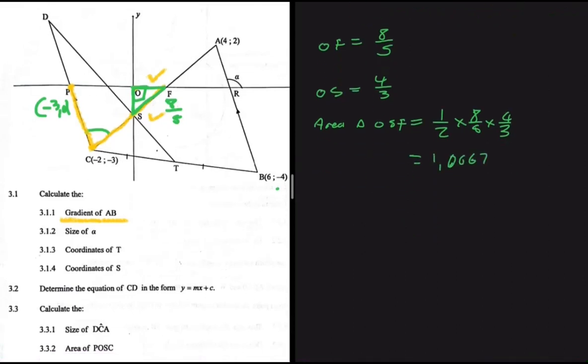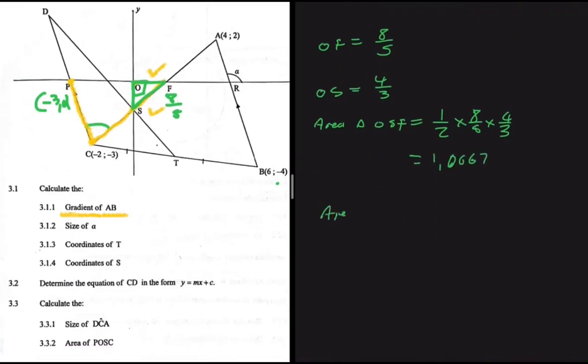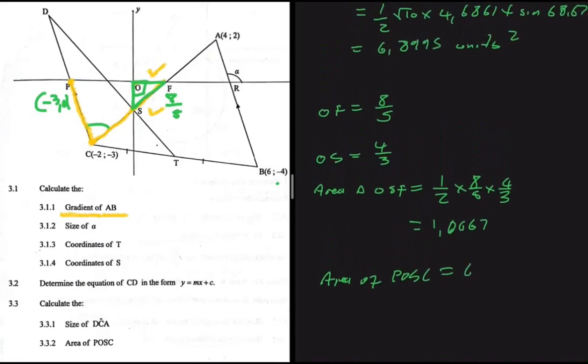1.0667. So now we can say that the area of POSC should be equal to 6.8995 minus 1.0667, right? And that should be equal to